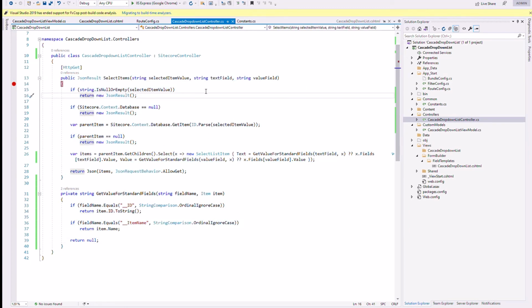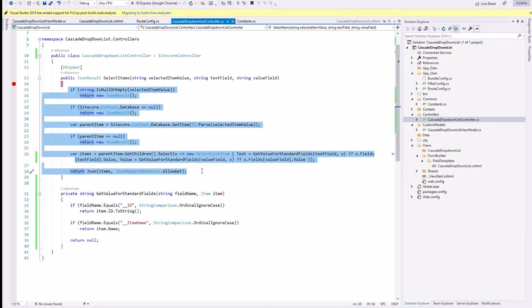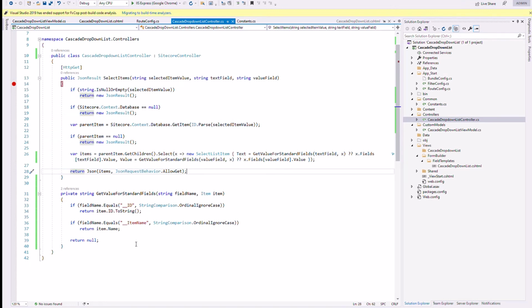So you can customize this code as per your convenience. If you want to modify it, or add some other logic, you can do that in the code. So quickly go to this.